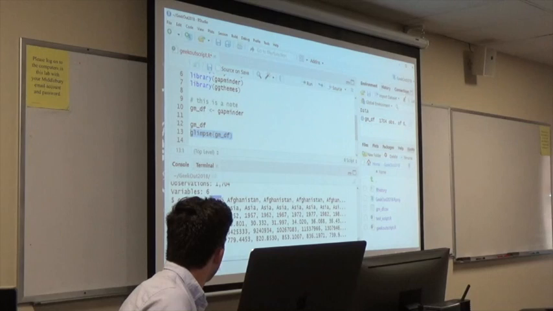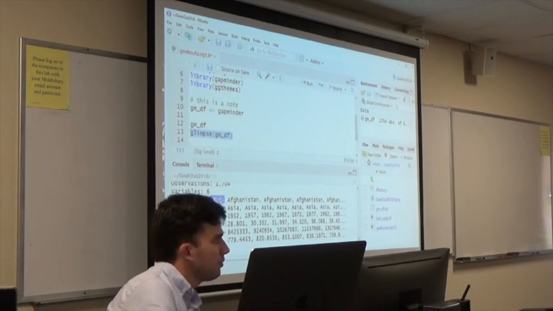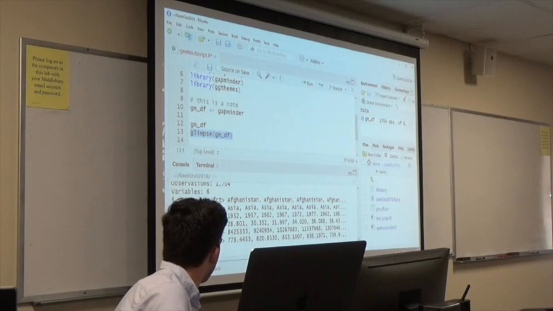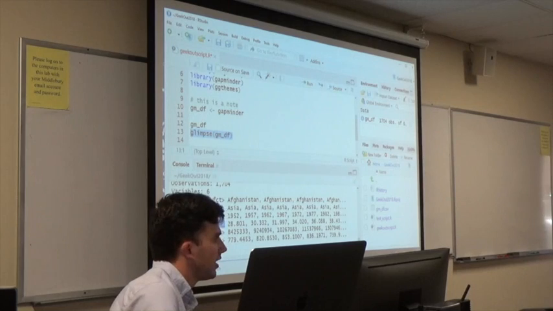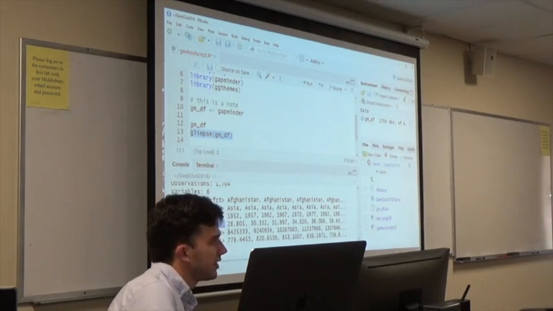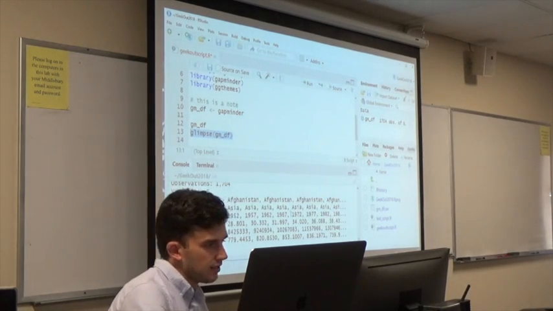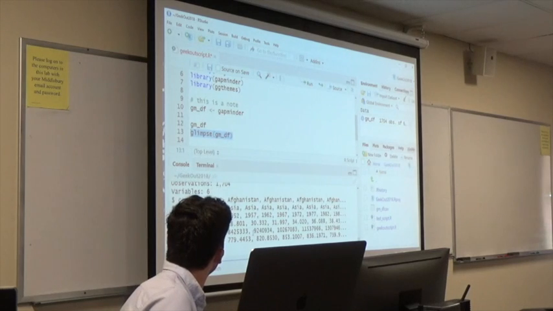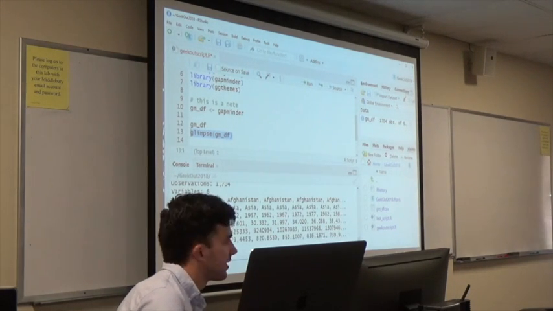So this bit right here indicates what type of variable it is. FCT is factor. You don't need to worry about that right now. Int is integer. DBL is double, meaning it's a decimal number. You also see sometimes vec for vector. There's other stuff that you'll learn as you get deeper into R. For the moment though, all you need to see is that these are the 6 variables that are in the